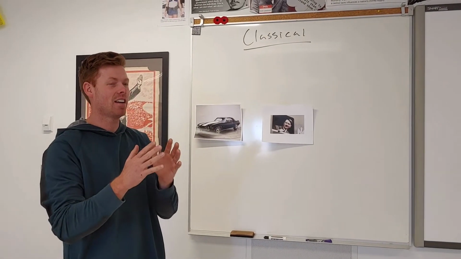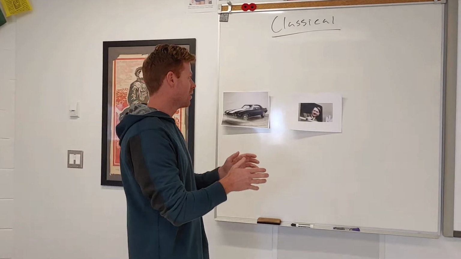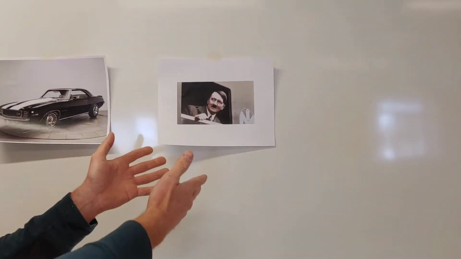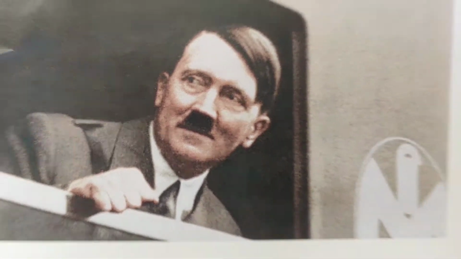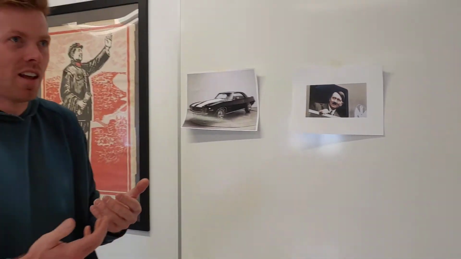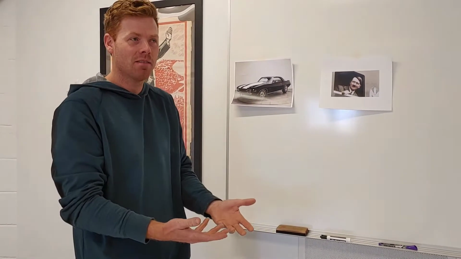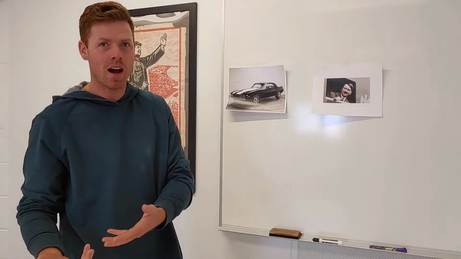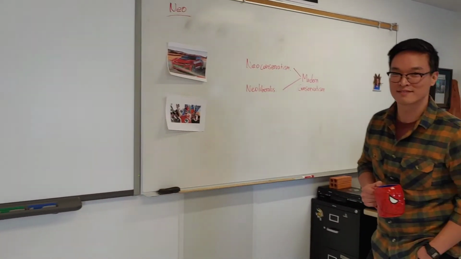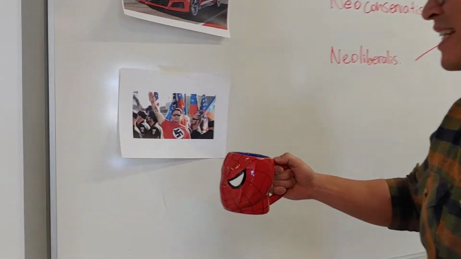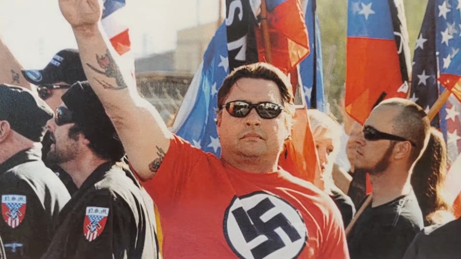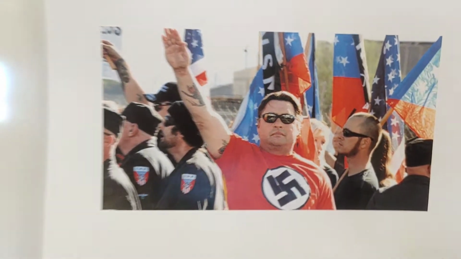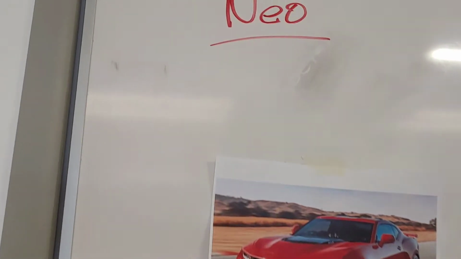Now, if we take that to a more abstract form, we can look at a Nazi, like Hitler. We would just simply call this guy a Nazi, right? Because if I say Nazi, you think Nazi Germany, 1933 to 1945. However, if you go over to Brian, we get what is called a neo-Nazi. That is the new and modern version of a Nazi, and therefore, we add the prefix neo.